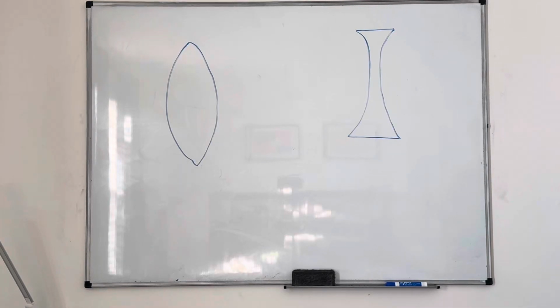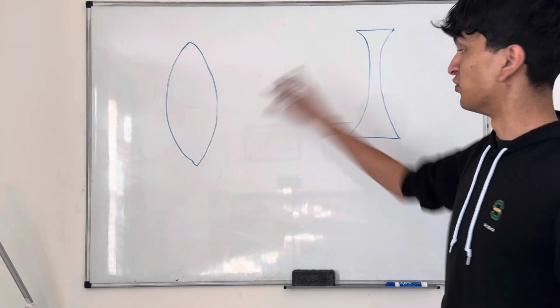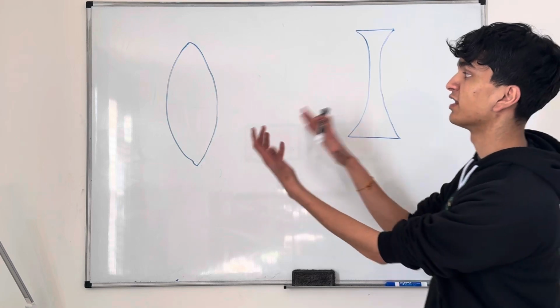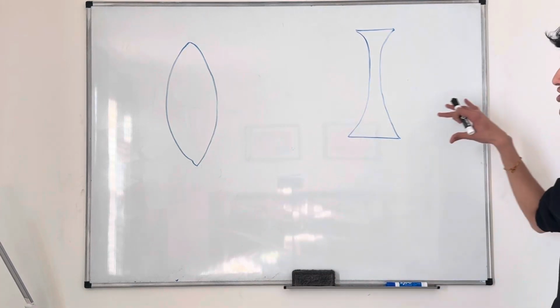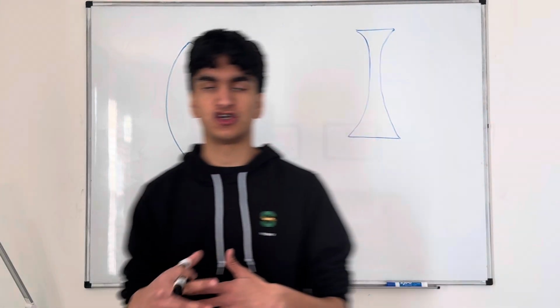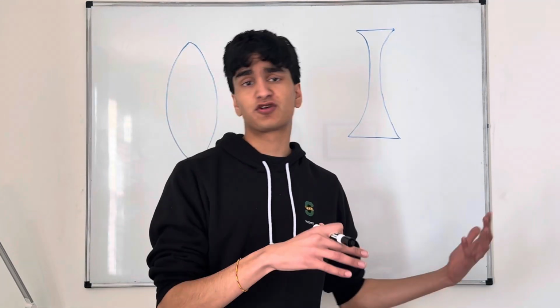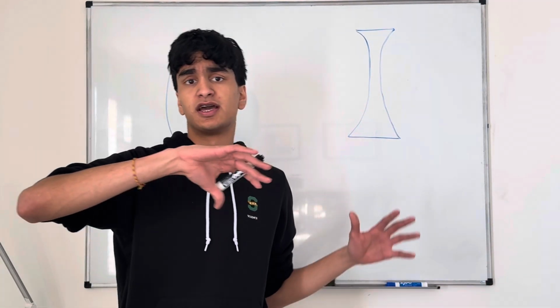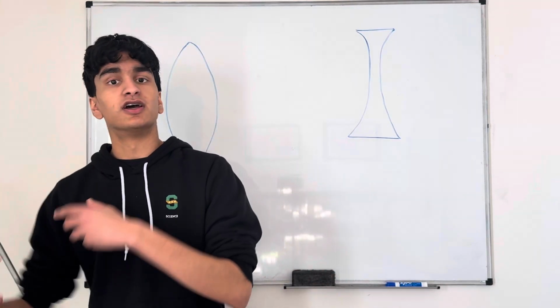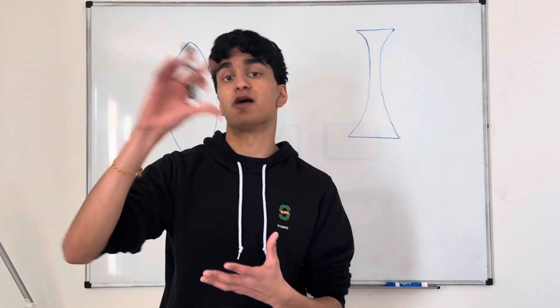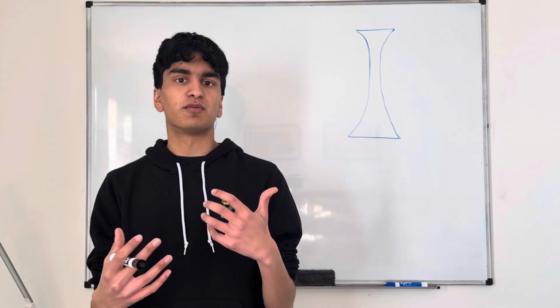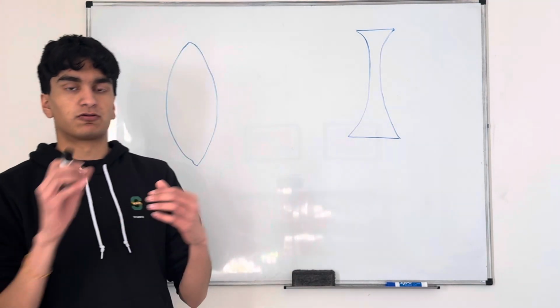So there are two types of lenses: converging lenses, which are kind of like convex, and then we have diverging lenses, which are concave in shape. All a lens is, is something that takes light from an object and makes an image out of it that can be magnified, right? Upside down, right side up, kind of like a mirror,